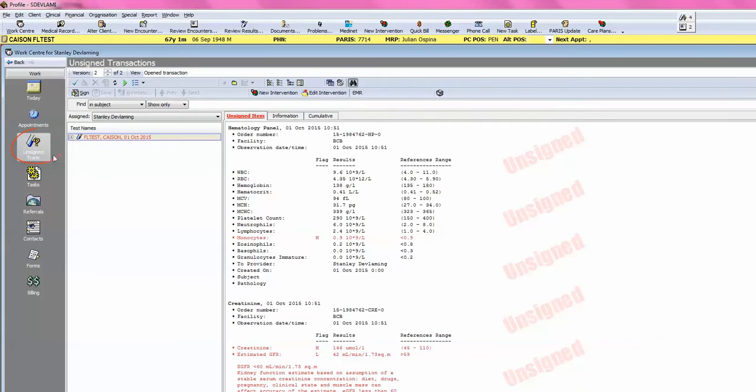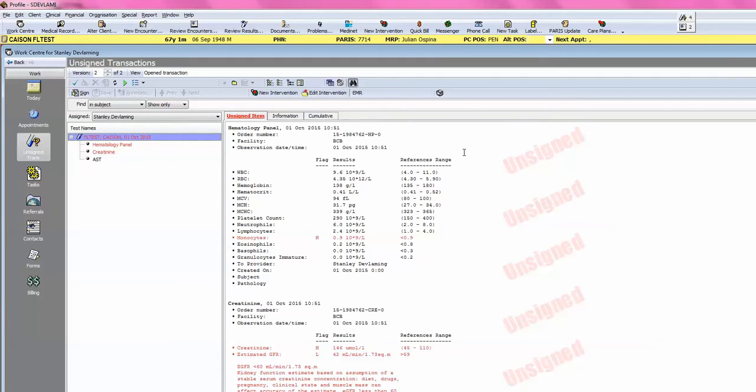You can see that unsigned transaction has taken me to this section of my Work Center, and directly to the specific patient's unsigned transaction. I can click on this plus sign of the test tube to see more information that you normally would have reviewed, signed off, and returned to the front desk staff